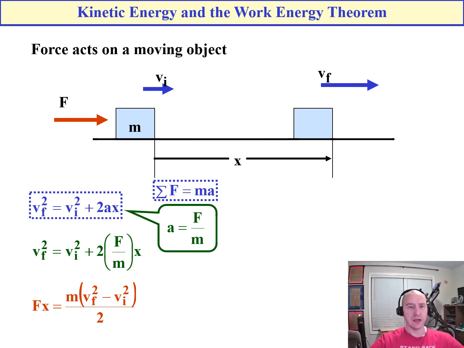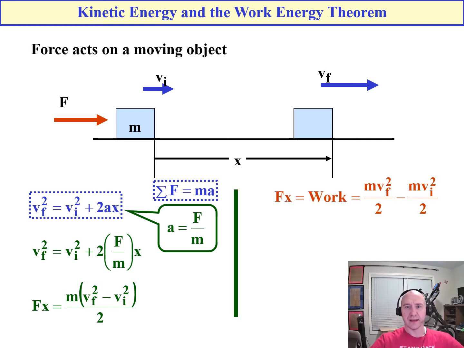All right, so on the left-hand side, we have work. On the right-hand side, we have mass times final velocity squared minus initial velocity squared, divided by 2. That's actually going to be something that we call kinetic energy. So we distribute that mass to each one of these terms. We distribute the 2, so divide by 2, and you see that the work is going to be equal to 1/2 mass times final velocity squared, minus 1/2 mass times